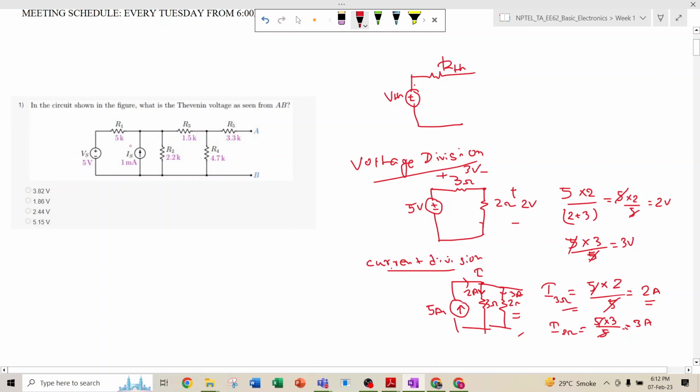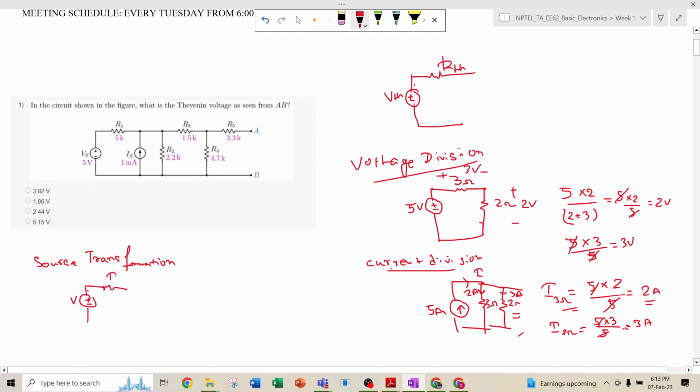So one more thing you need to know before solving this problem, that is known as a source transformation. So if you have a simple voltage source, that is V,